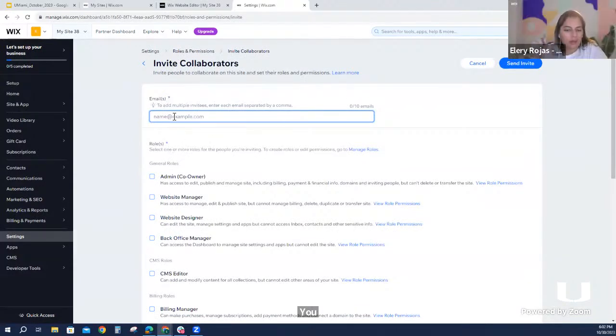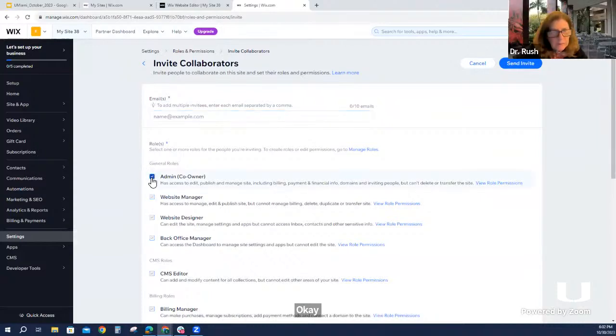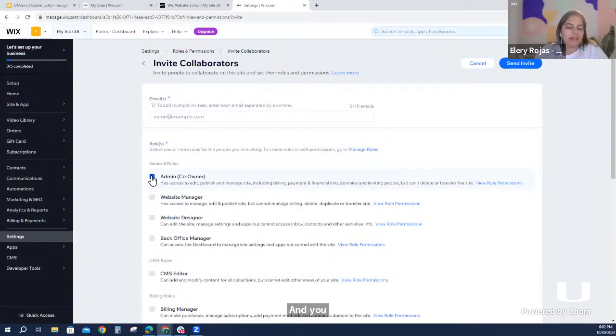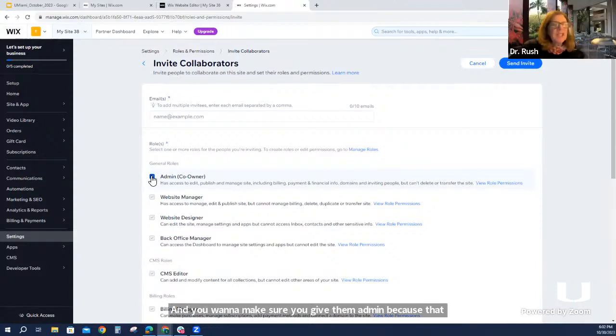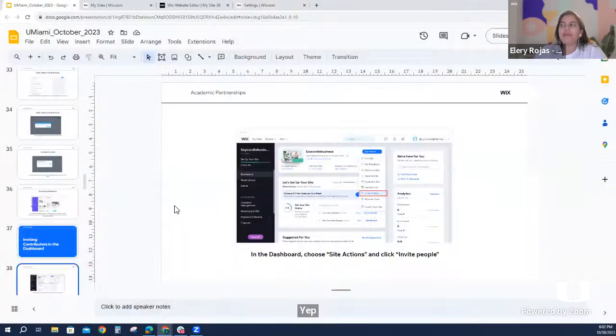So I start adding and putting in the email to all my members that are in my group. And you want to make sure you give them admin because that gives them access to everything on the site. So everybody's a co-owner. I can give more than one. All my group members should be co-owners. Yep. Good. And so from there, they'll receive an email.